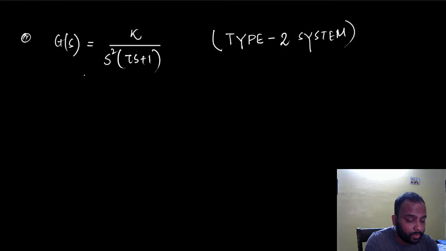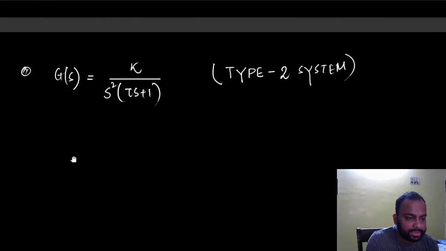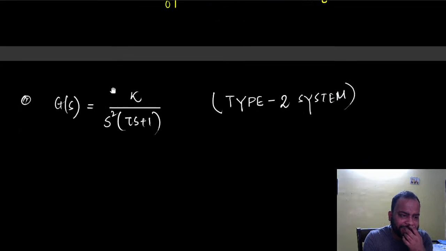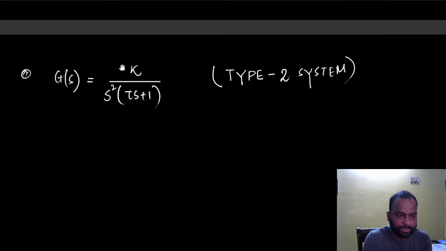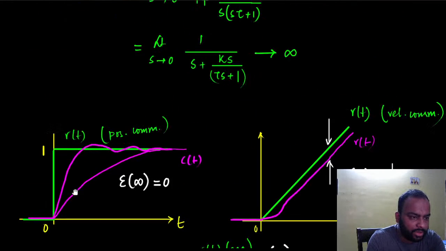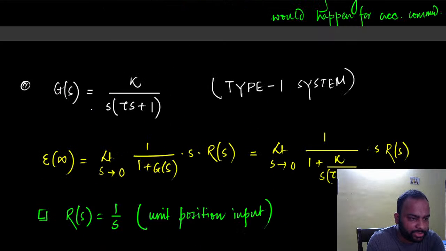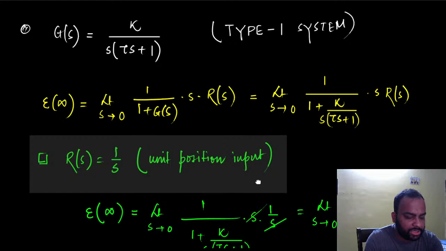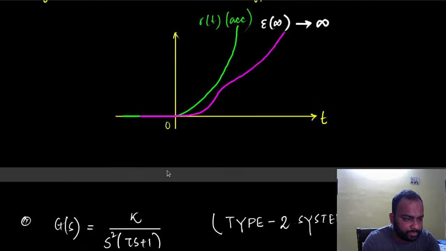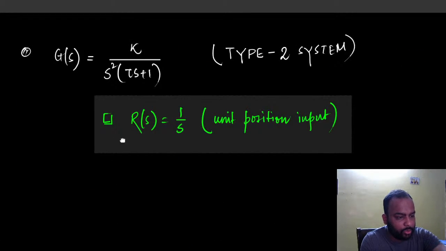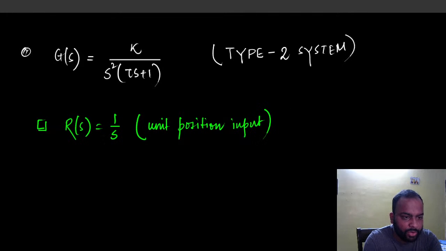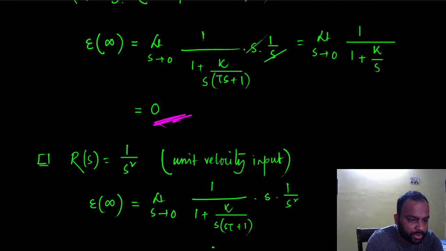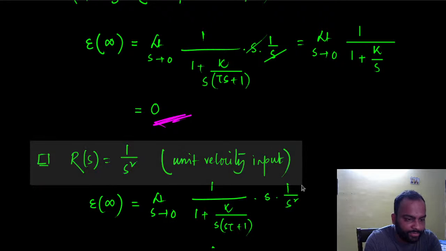So with that said, let us calculate everything, or I shall leave this calculation for you. You would see that for unit position input for this system, I would ask you to do the calculation yourself, epsilon infinity would be 0. For this system, for unit velocity input,